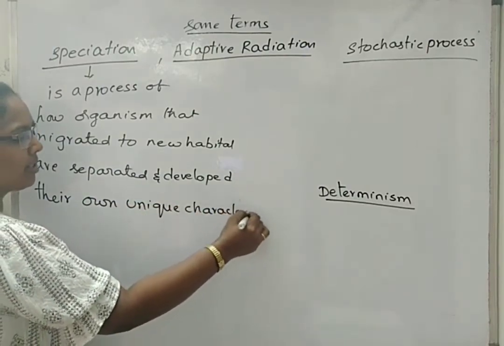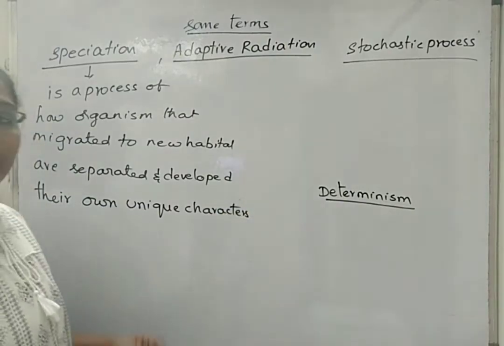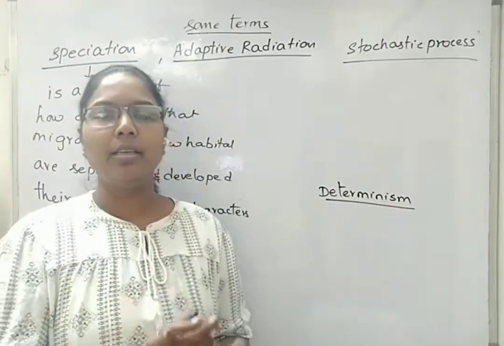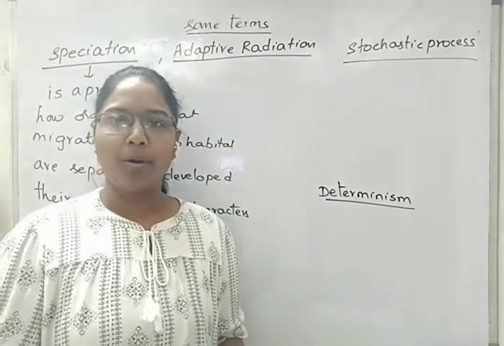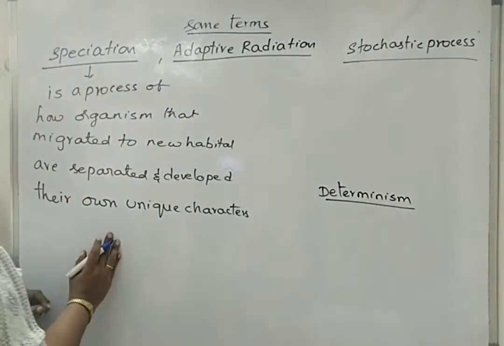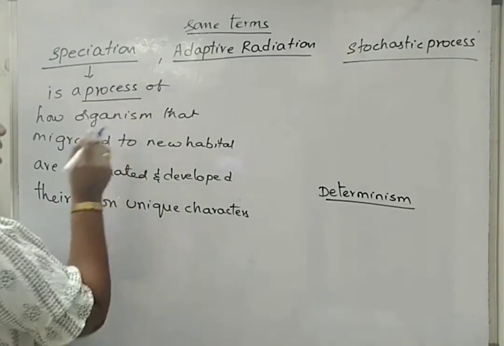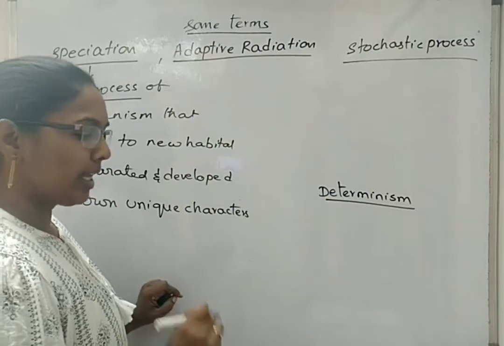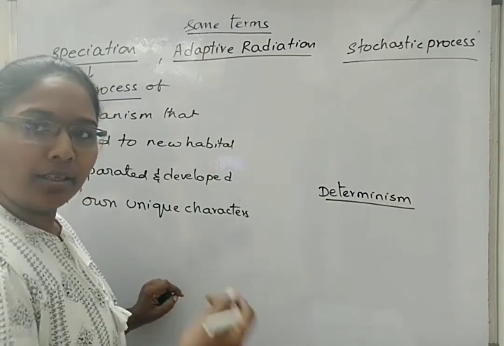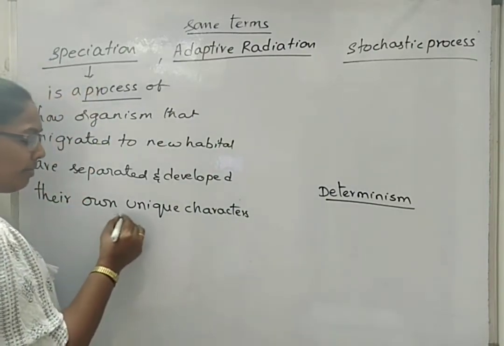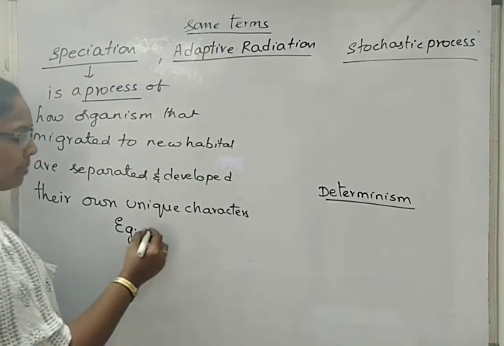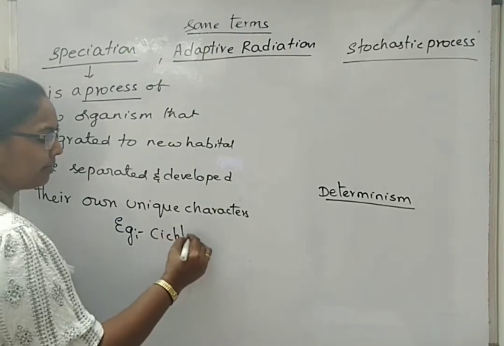Here, this term is different from genetic drift. In genetic drift, we are dealing with the total gene pool in the newly separated population. But here we are dealing with the process of how the separated population has developed unique characters and survived in the new environment. We can take some examples like cichlid fishes,